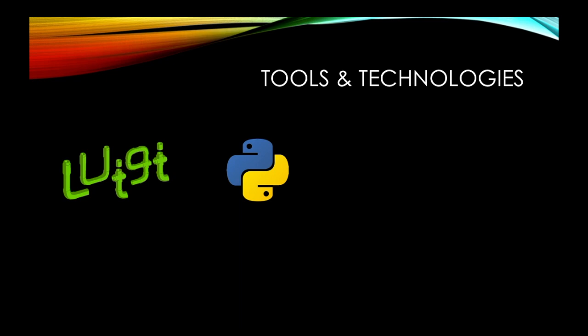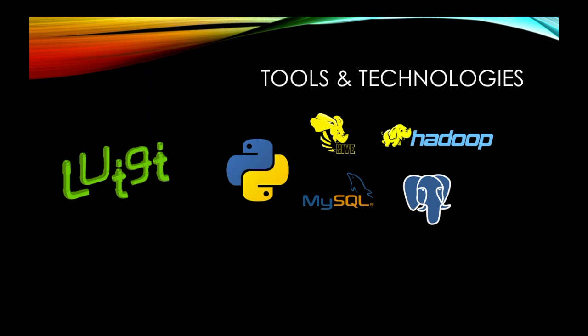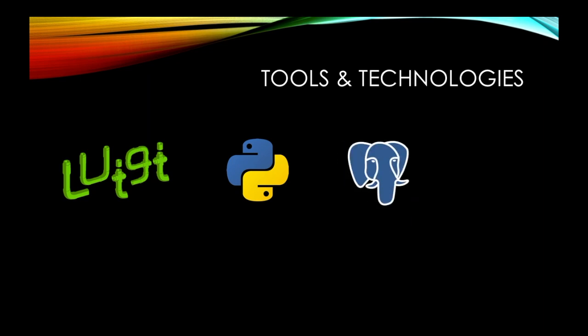I think there is no need to discuss why I chose Python. For the database side, I had a few choices such as the Apache Hadoop ecosystem, MySQL or Postgres, and other open source databases as well. But after discussing with the Weebly team, it turned out that Hadoop could be an overkill for this project. So I was left with MySQL and PostgreSQL. And in my personal experience, when it comes to read-heavy queries, Postgres is quite a bit better in terms of performance than MySQL. So I decided to go ahead with Postgres.